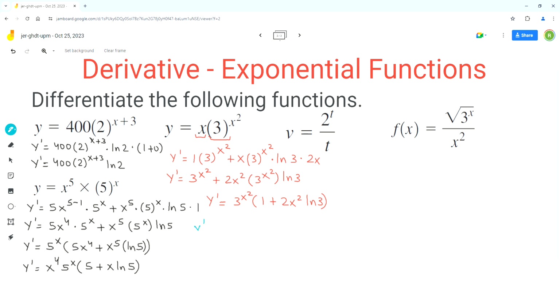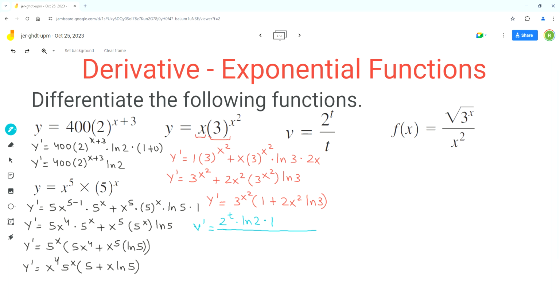So v prime. So as per the quotient rule, we start with the derivative of the numerator term. The numerator term is 2 to the power t. So the derivative will be the term itself times ln of the base of the term times the derivative of the exponent. So the exponent is t, so its derivative is 1, minus,